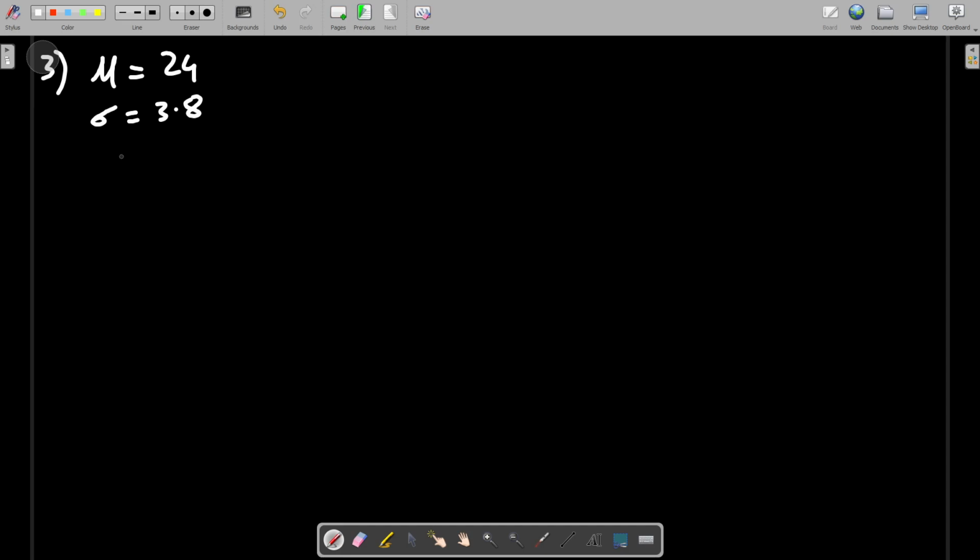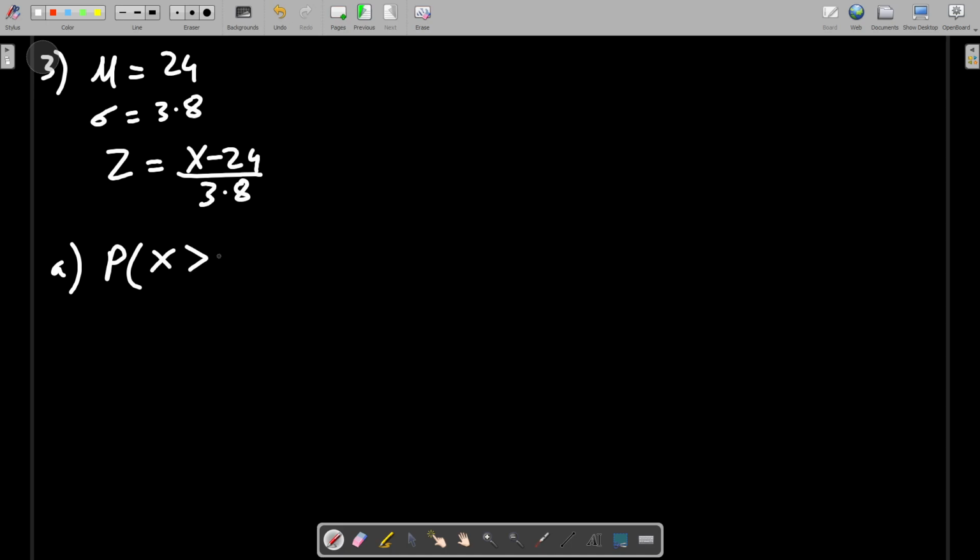And Z will be equal to x minus 24 upon 3.8. So now the first question over there is, what is the probability that